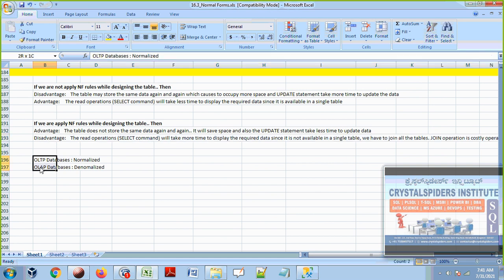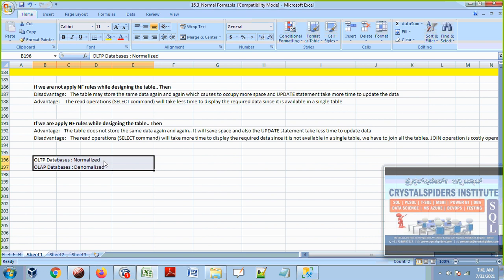Now OLTP and OLAP databases, guys. Usually we categorize databases as OLTP or OLAP. How do you decide? That is the nature of the database, the nature of the tables, the design of the database. Based on that, our architects will decide whether we are using this database as OLTP or OLAP. OLTP databases are fully normalized, where we are going to perform more and more updates.